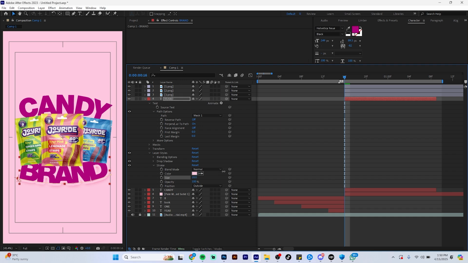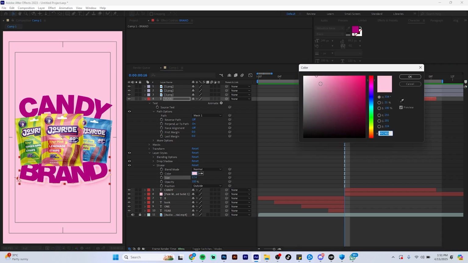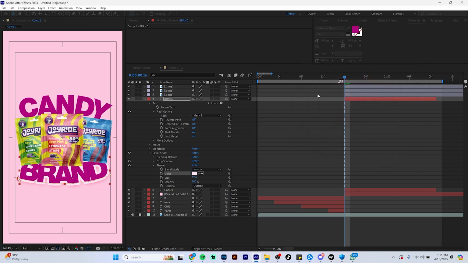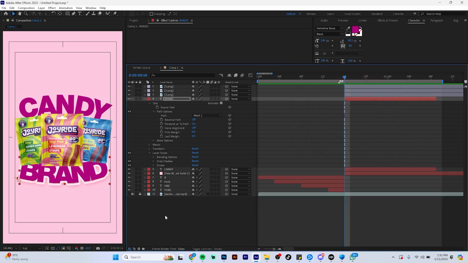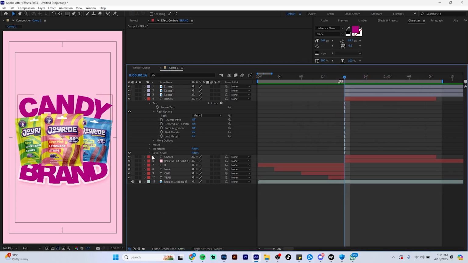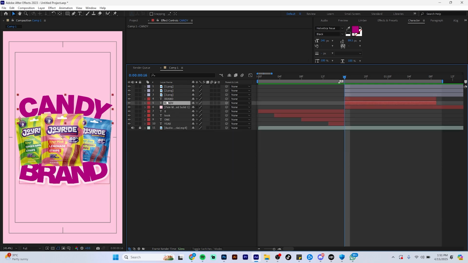So the thing is, I want it to be a little playful around this part where we are showing the candy brand, right? So that's just what I want. I want it to look a little playful. So maybe I should make this color a little lighter. Yeah, a little lighter. And then I will now click on this layer styles, copy it, come over to candy